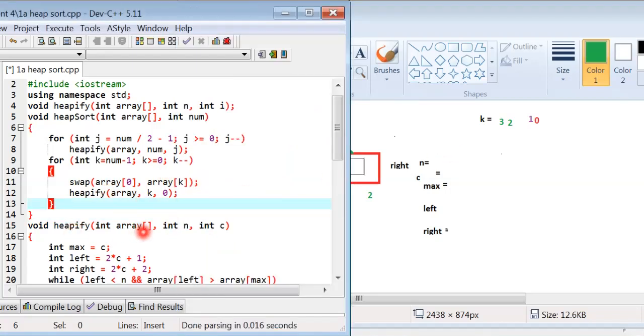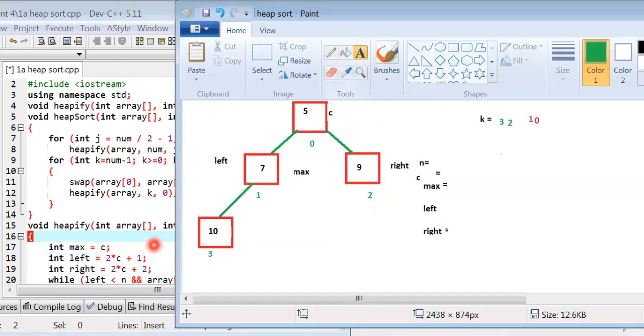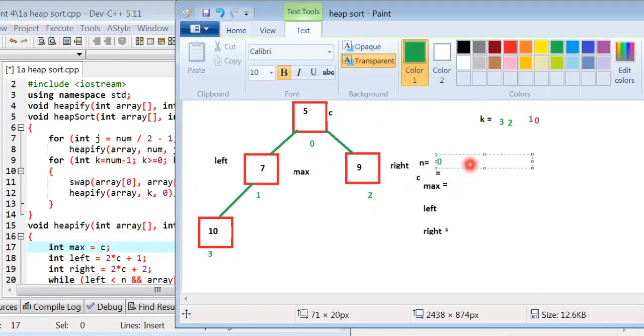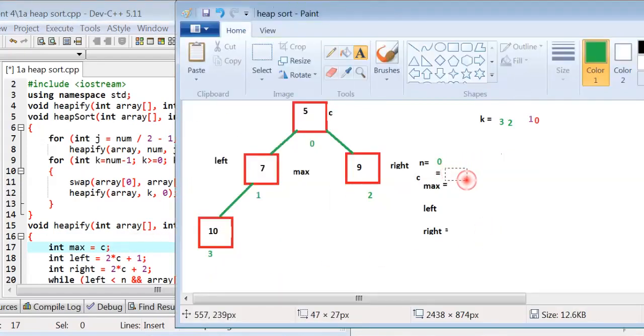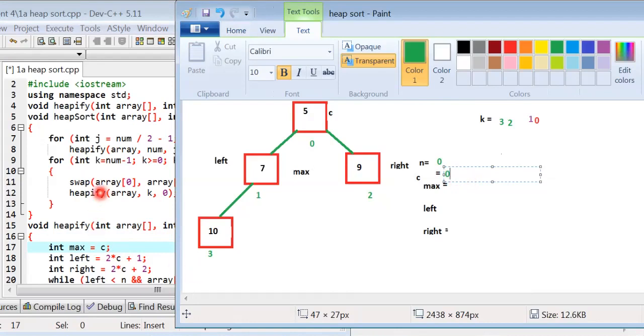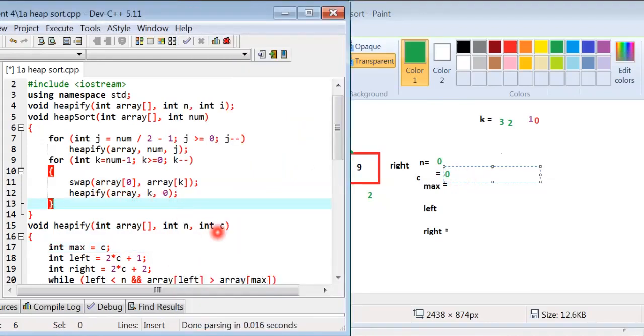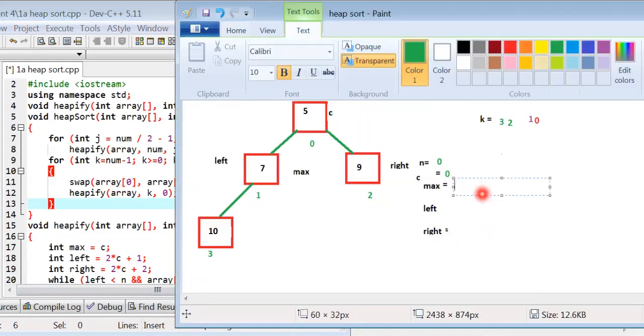Then they are swapped and the k value is 0. The value of n is 0 and the value of c is 0. Max equal to c means the value 0 is inserted in max.